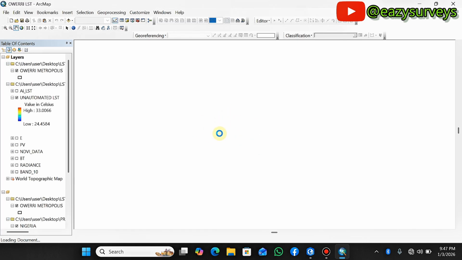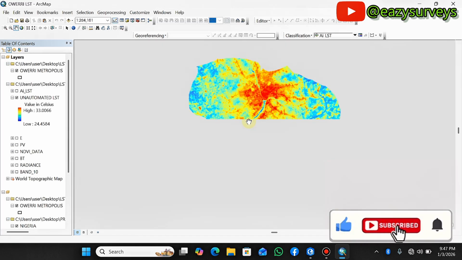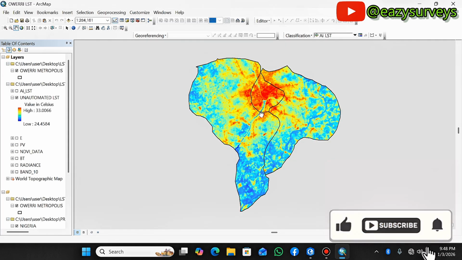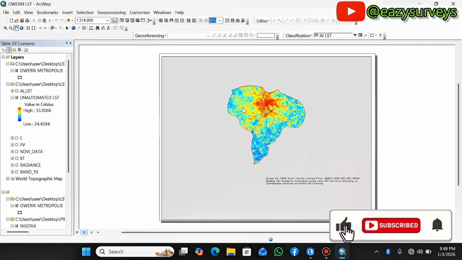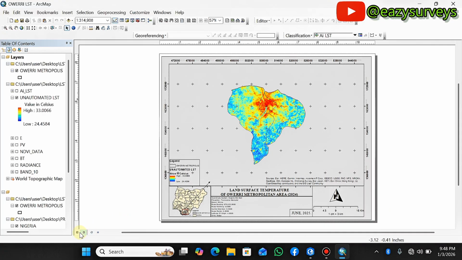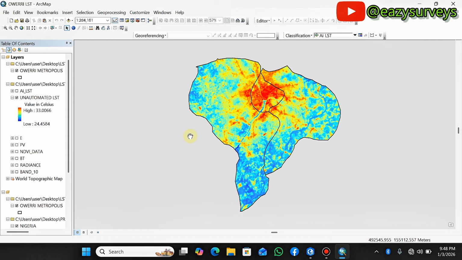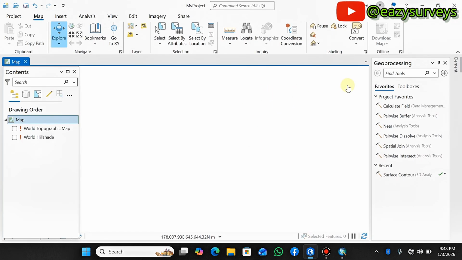So this is the MXD. This is in MXD format. The ArcGIS Desktop ArcMap saves its data as MXD by default. Okay, so I was actually working on this surface temperature map. However, there is some analysis I want to conduct on it, which the desktop ArcMap cannot do for me. So there is a need for me to import it into the ArcGIS Pro environment, and that is what this video